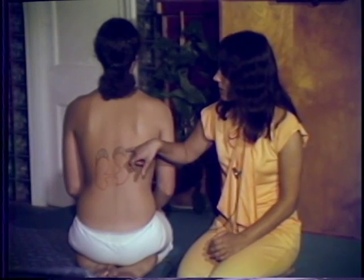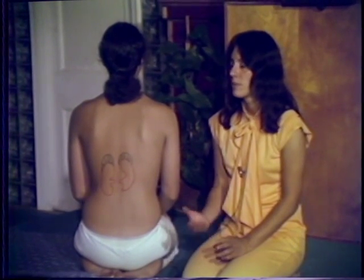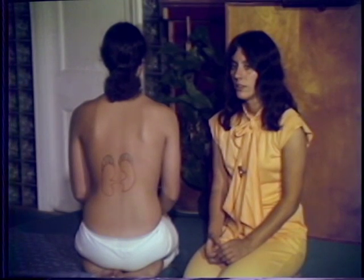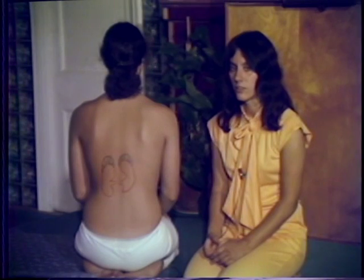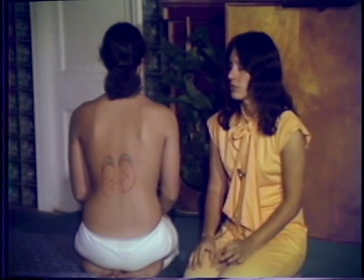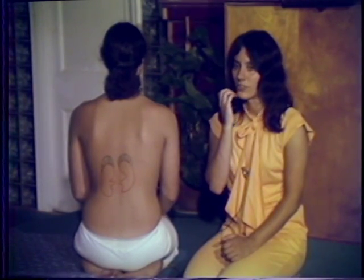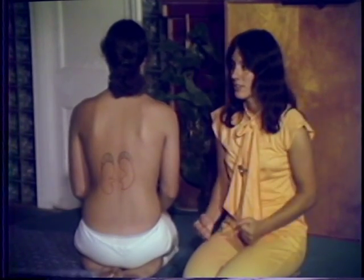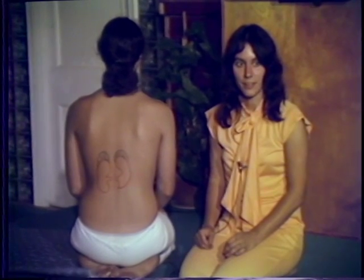And the adrenals, which sit on top of here, produce about 30 different hormones. The most common are adrenaline and cortisone. And these are extremely important in the maintenance of alertness. Adrenaline, when it pours into your system, gives you butterflies in the stomach, dilated pupils, contracted muscles, diarrhea before examinations,